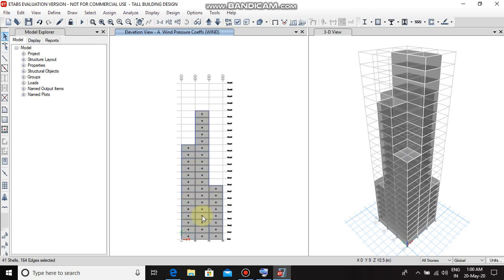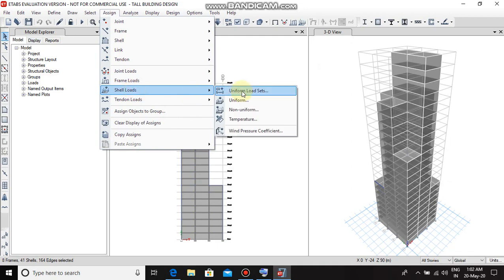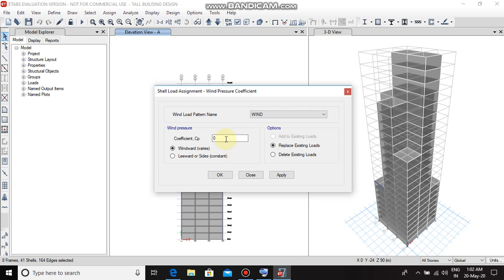These we have to select, then assign, shell load, wind pressure coefficient. Select coefficient as plus 0.8, windward, apply, OK.